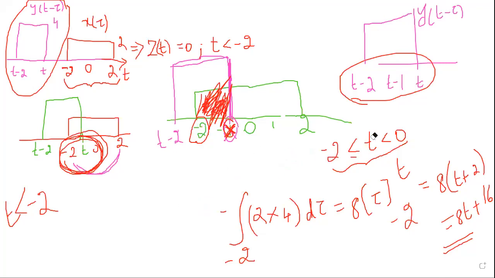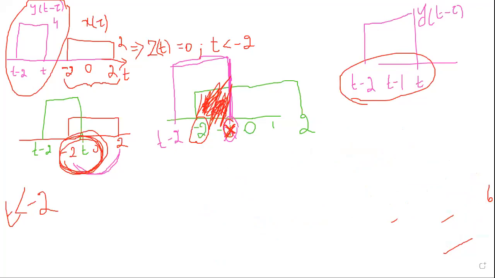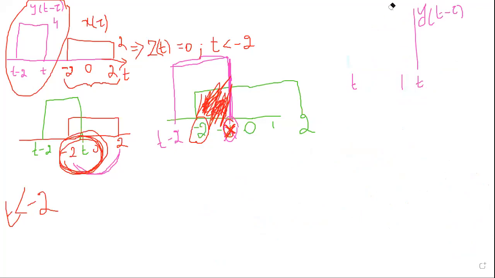So, can anybody guess what will be the T limits, the T range for case 3? I told how to write the range of T. See, initially T less than 2 I did. Then seeing my x of T, I have written later between -2 and 0. Now, can anybody tell me what will be the next range?